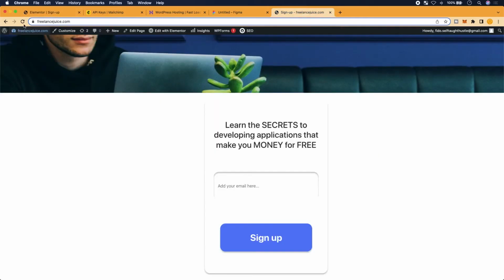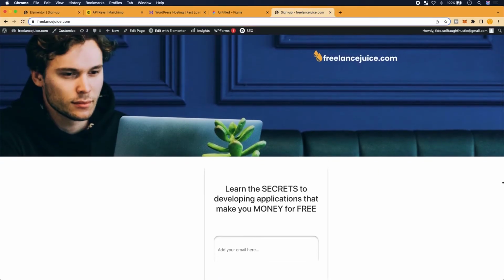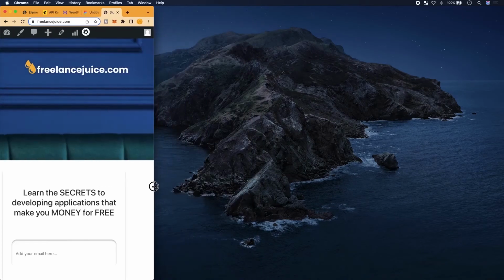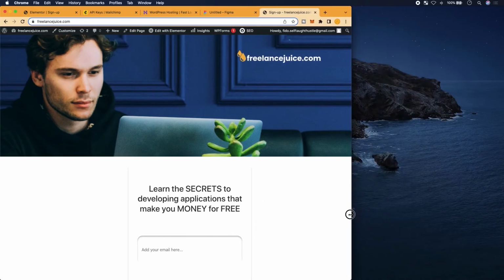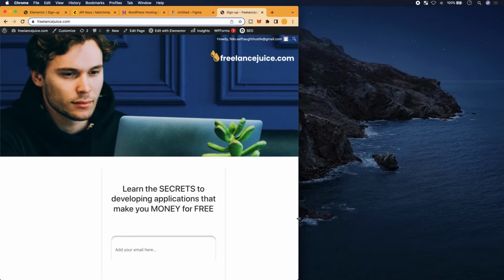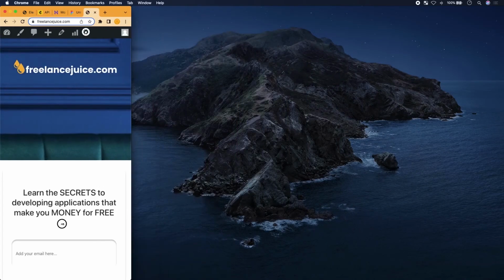So let's go back to the form. Let's refresh on the site. And now when we go to mobile, you'll see that the guy's face is going to be removed, right? And it actually shifts it for us, which is a really cool effect. Okay, so we're going to go back in, scrunch in right there, and then boom, you see how the guy left, and now it's just the